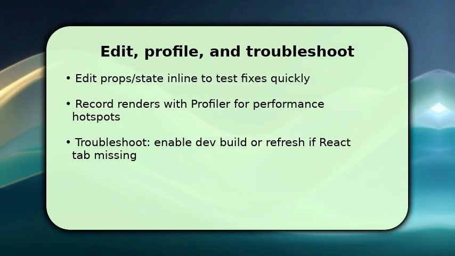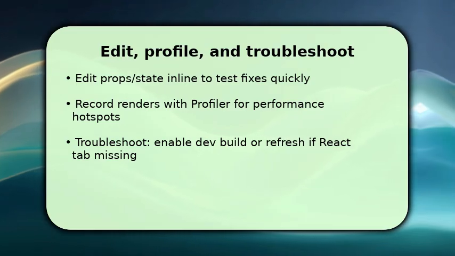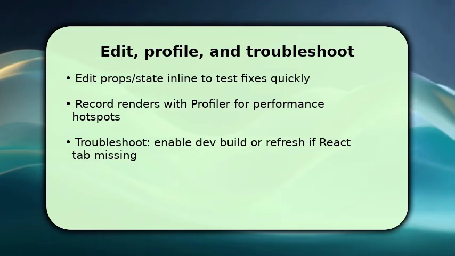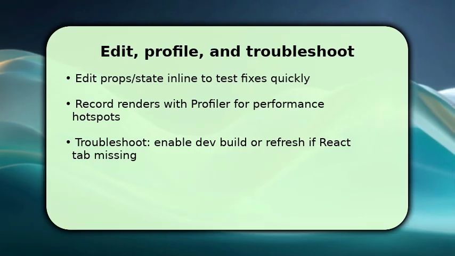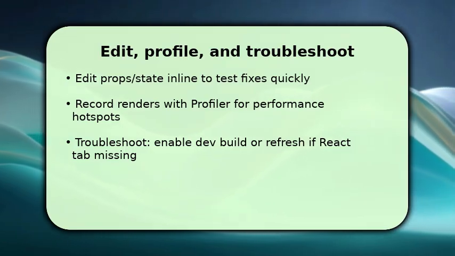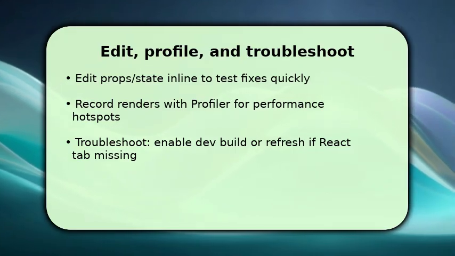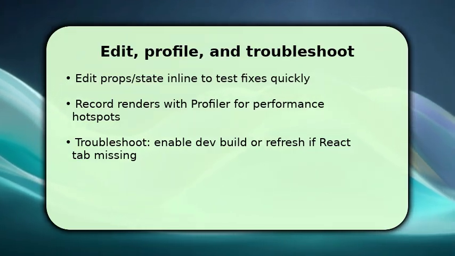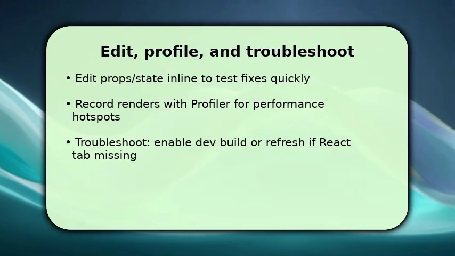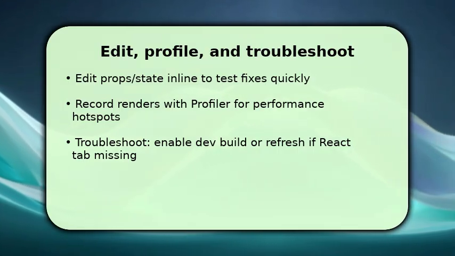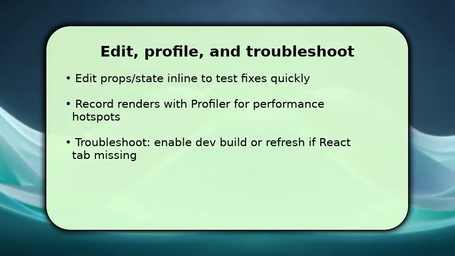Once you've replicated a problem, record a session with the profiler to measure render times and identify wasted renders. Analyze flame graphs and rank charts to prioritize changes. If something goes wrong, make sure the page is using a development build of React, reload the page, and confirm the extension is enabled. That single troubleshooting tip resolves most missing tab or